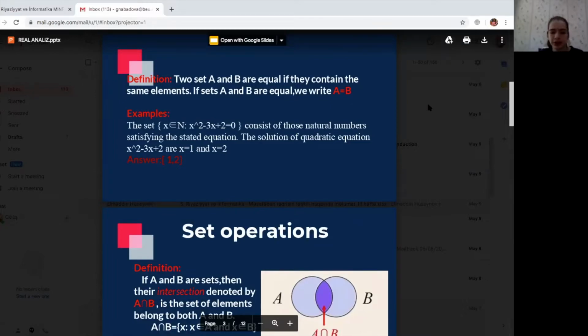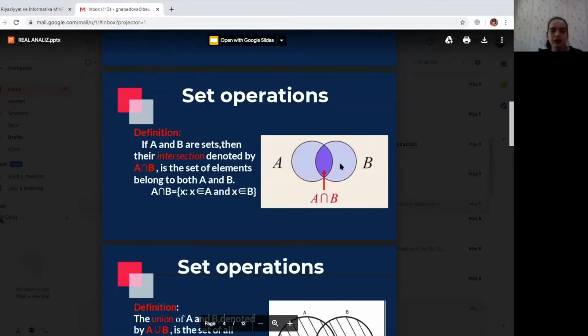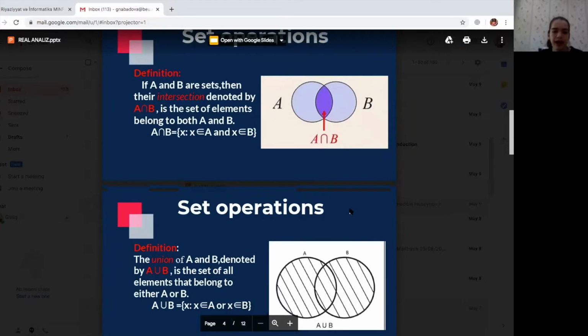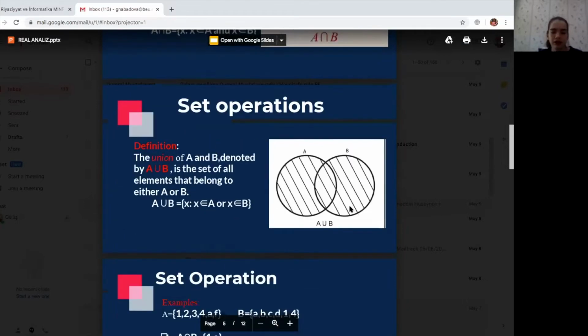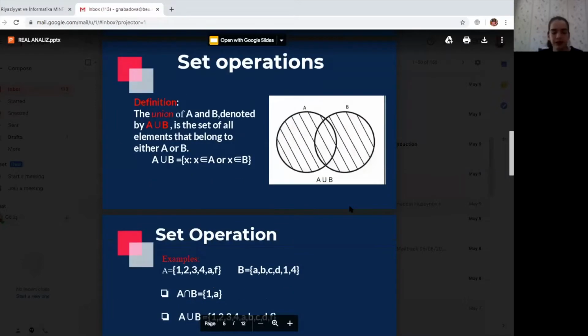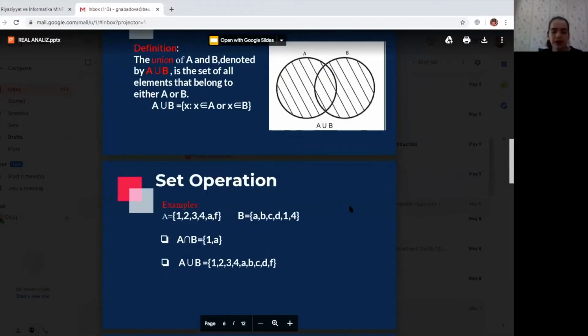Next one, set operations. If A and B are sets, then their intersection, denoted like this, is the set of elements that belong to both A and B. The union of A and B, denoted by A union B, is the set of all elements that belong to either A or B. We have an example: if set A is equal to 1, 2, 3, 4...